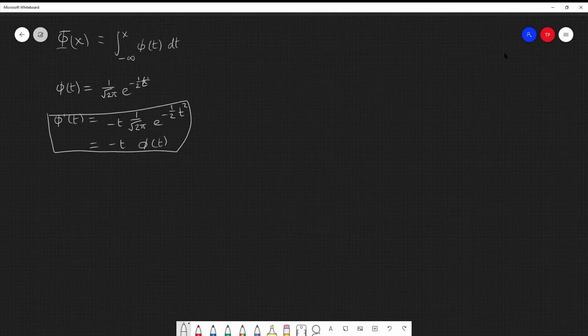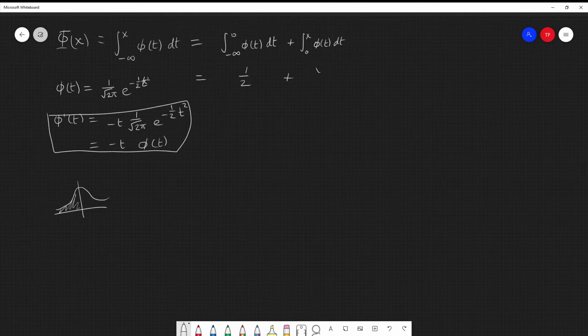So what we decide to do is rewrite this as the integral from minus infinity to 0 of phi t dt plus the integral from 0 to x. Actually x can be less than 0 and it will not cause a problem. The integral between minus infinity and 0 of the normal density function is equal to 1/2, because it's symmetrical about 0, so half the density is on this side. So here we can replace this with 1/2